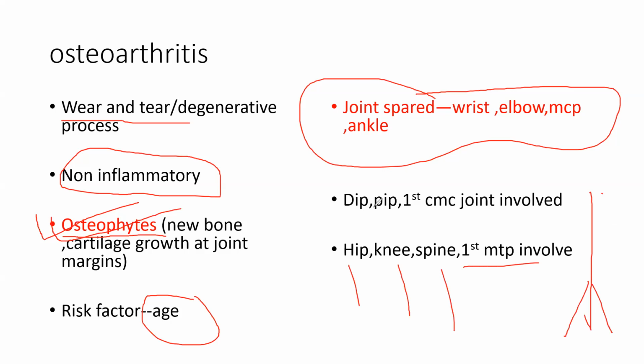Sometimes if you are using your mobile, continuously doing your WhatsApp and all that, you feel your thumb is giving you pain. That is a pain of osteoarthritis. Because of the continuous movement of your thumb, the movement at the MTP joint, metatarsophalangeal joint, gives you pain. So be aware that it's a pain of osteoarthritis, or don't use your thumb too much, so that it will not give you issues later in life. So the first MTP joint is also involved.